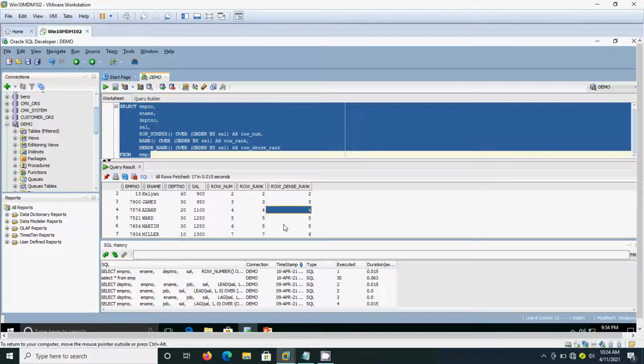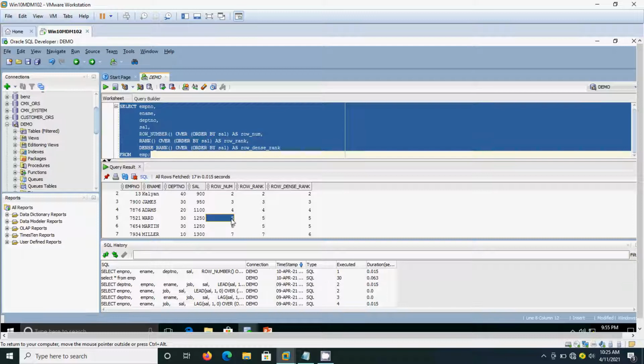See the difference between ROW_NUMBER, RANK and DENSE_RANK. Here for rank number 5, two persons, Mr. Ward and Mr. Martin, are receiving the same salary, 1250 and 1250.